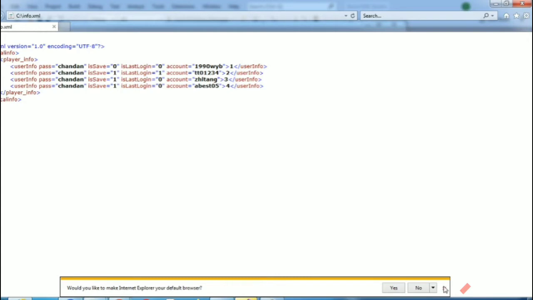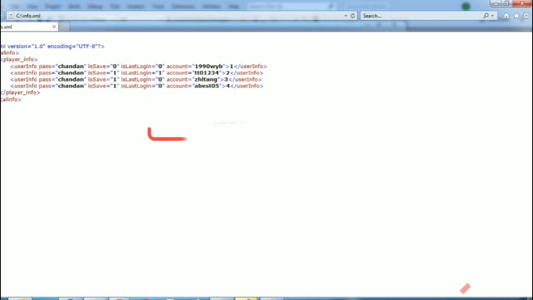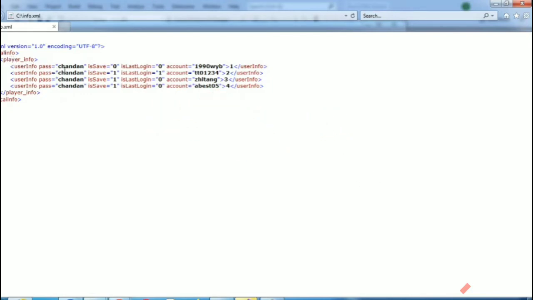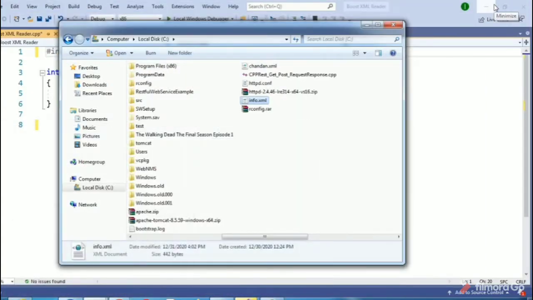Here you can see we have an XML file with a child, local info, then player info, and the user info child has attributes like pass, is save, is login, account. Now I will read those XML file attributes via C++.